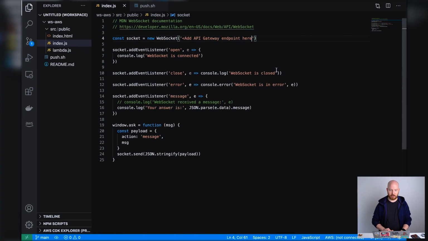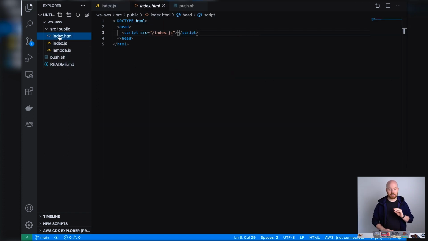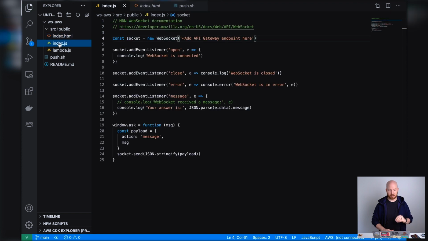And what we're going to do is go into our code. Now this code's available on my GitHub account. You can see the link in the description below. But basically our client is going to be a simple index HTML, which includes a JavaScript file, and then some JavaScript that is already all set up.